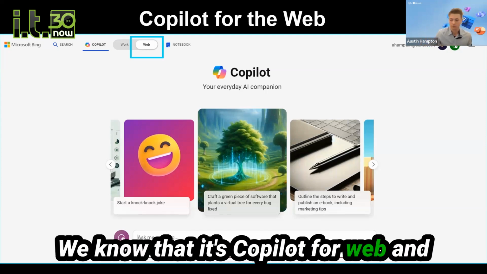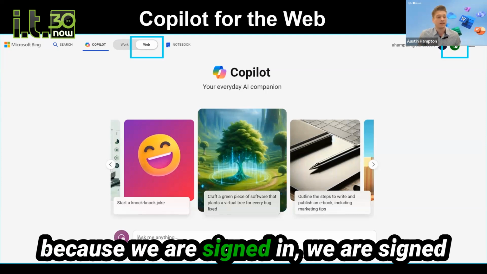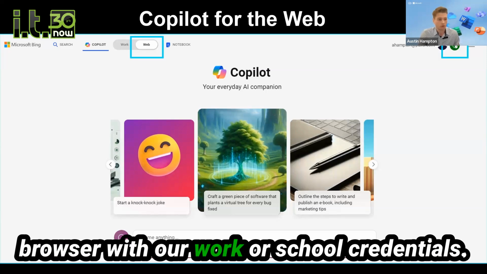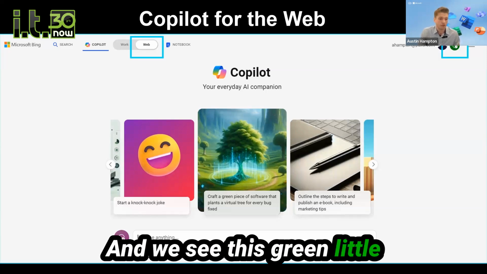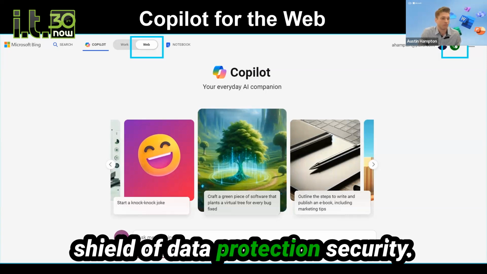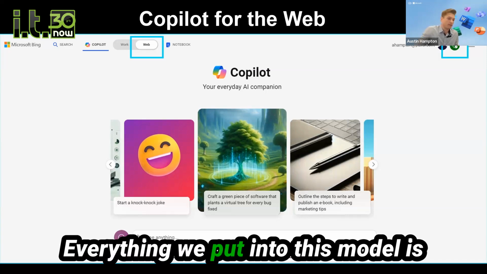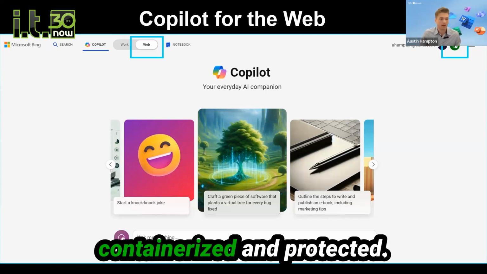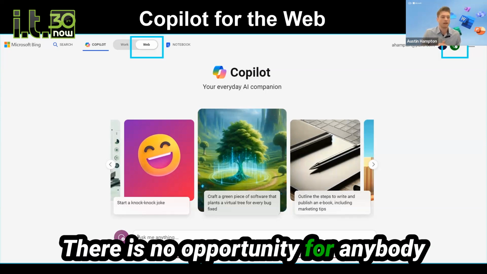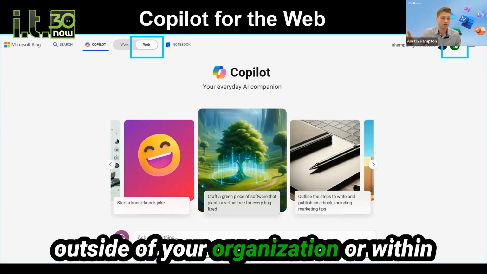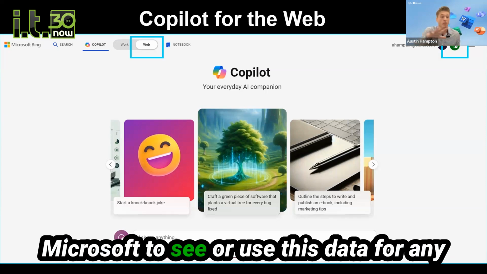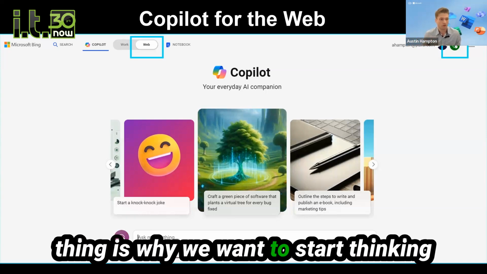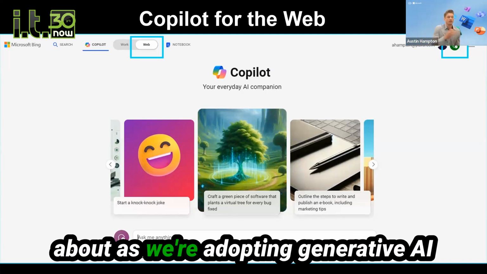We know that it's Copilot for Web because we are signed into our Copilot app or our Edge browser with our work or school credentials, and we see this green little shield of data protection security. Everything we put into this model is containerized and protected. Everything it gives us back is containerized and protected. There is no opportunity for anybody outside of your organization or within Microsoft to see or use this data for any purpose ever, which is fundamental, and is why we want to start thinking about, as we're adopting generative